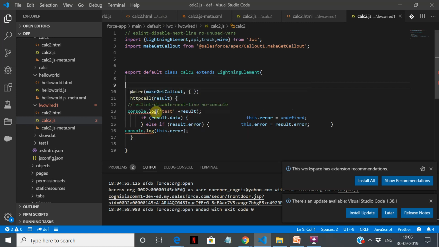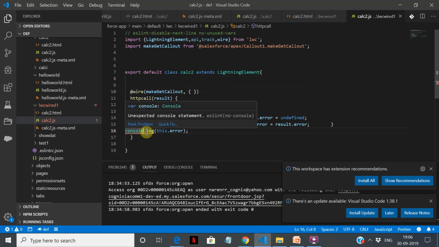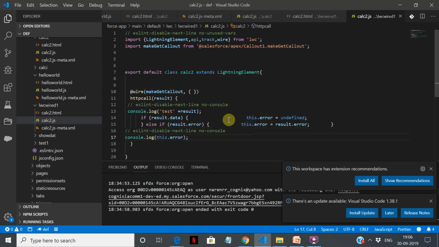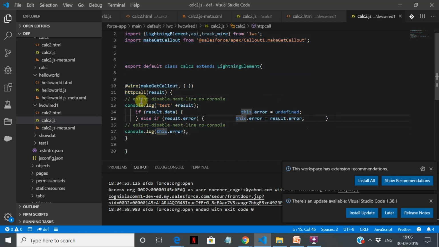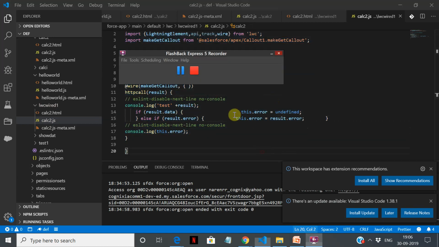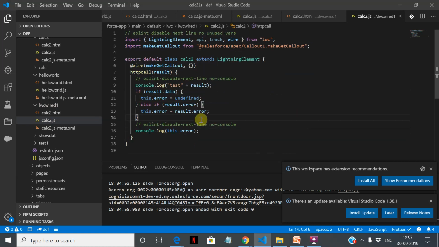Let's understand the syntax here. Also make sure you indent it. You have to do Control A and Shift Alt F. So now what we are doing over here is we just have created the class.